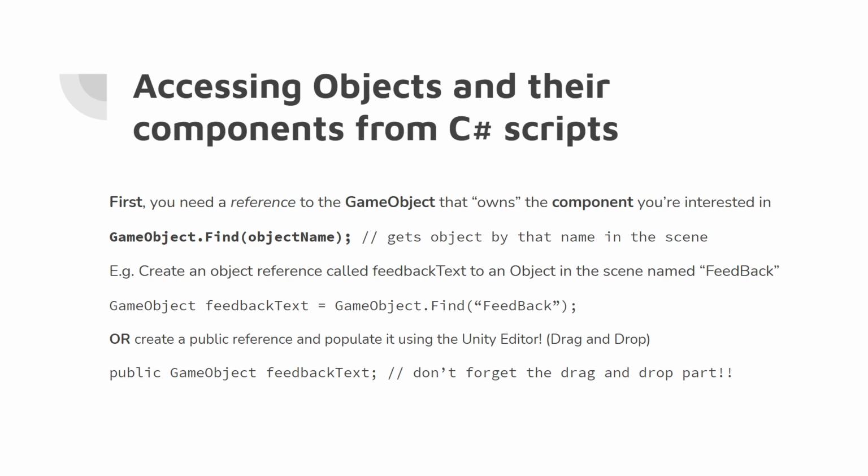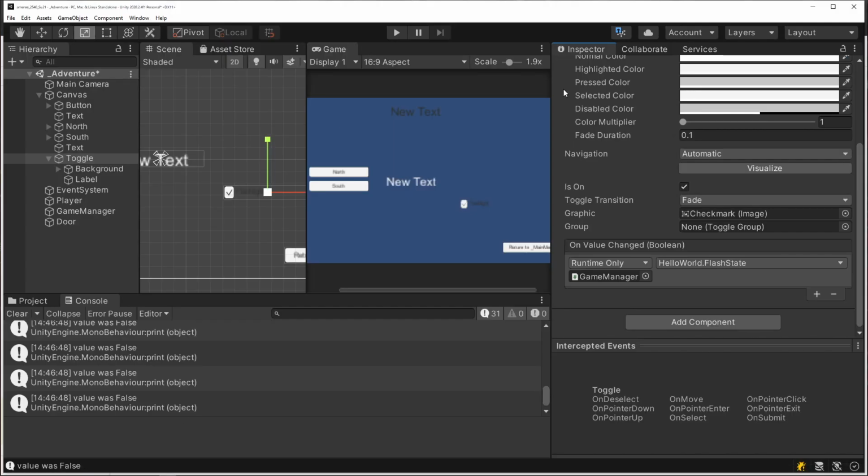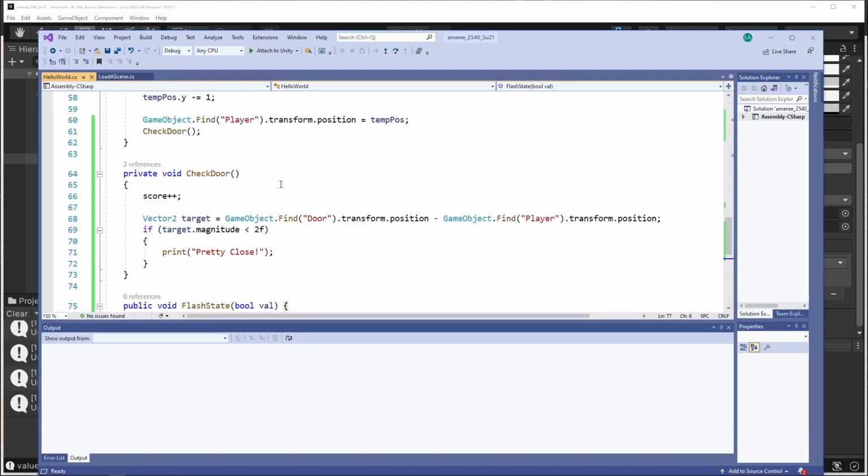Now in this case, there's a couple of different ways we can even do this. We can either find it explicitly using gameObject.find, or we can create a public reference and populate it using the Unity editor. Here we're getting into all this wonderful drag and drop versus scripted behavior sort of thing. Like, for example, if I look at the piece of script that is